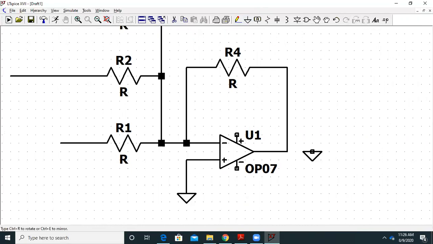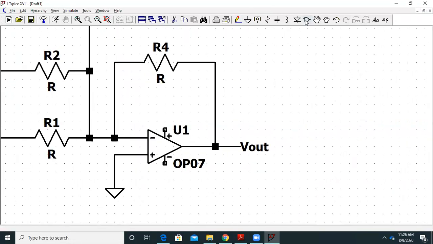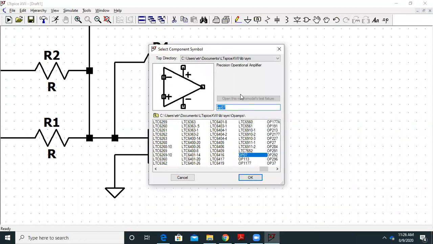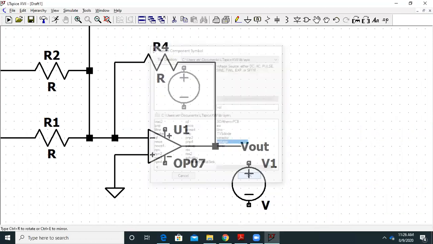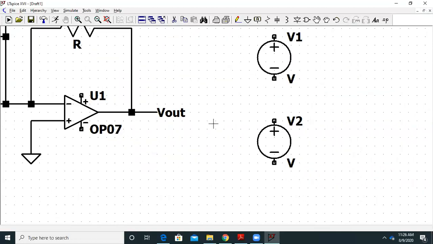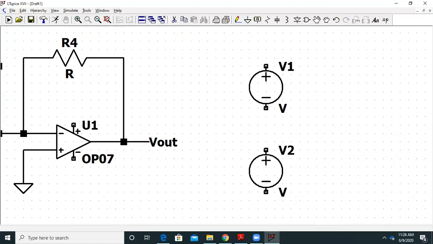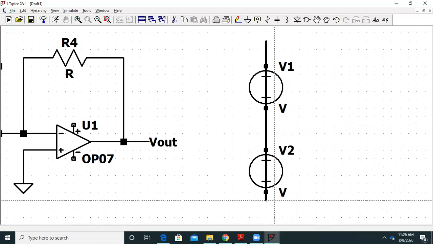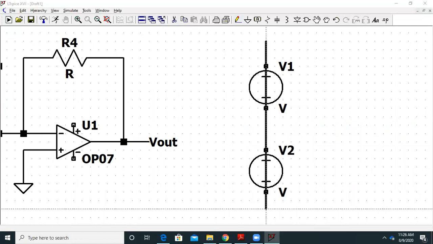So I'll connect it like this, and at the output I will take it out and call it V out. So I'll label this by right clicking over the wire, and I'll call it V out. So this is my V out. Also we need to power the op-amp, so we'll require the supply. So I'll type here voltage. So I can add 2 voltage sources over here like this. Op-amp requires dual power supply, hence we will require a positive as well as a negative DC voltage source.